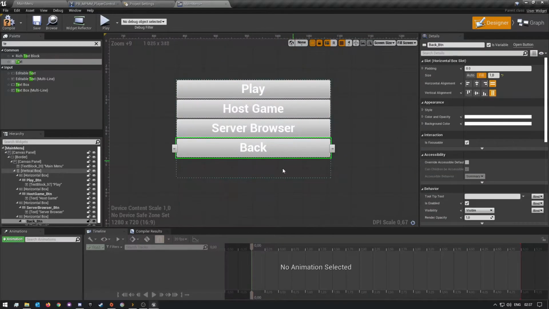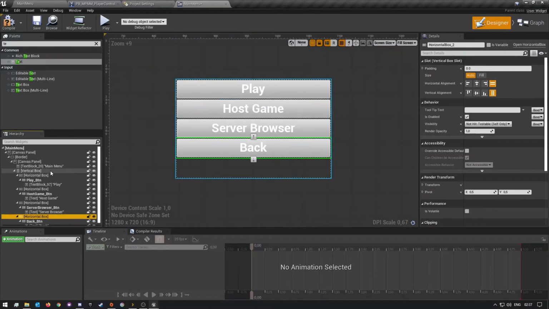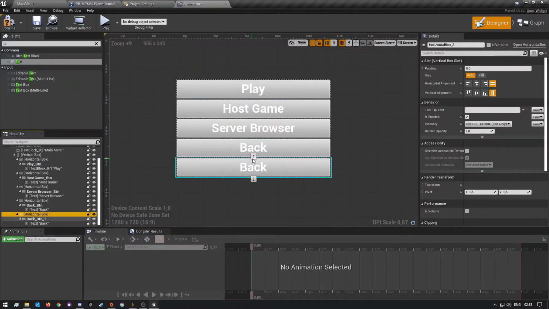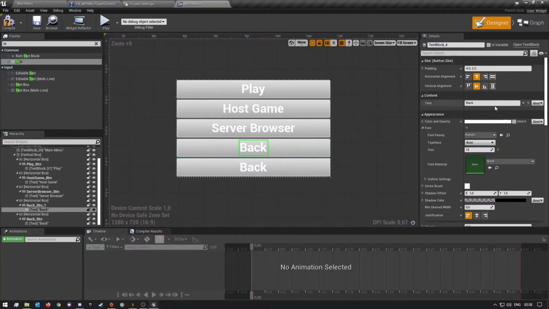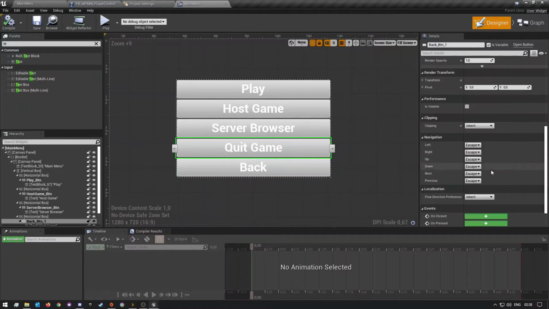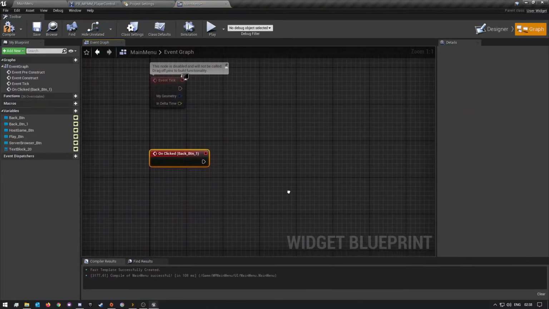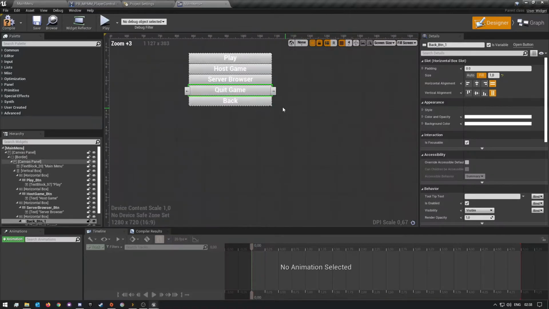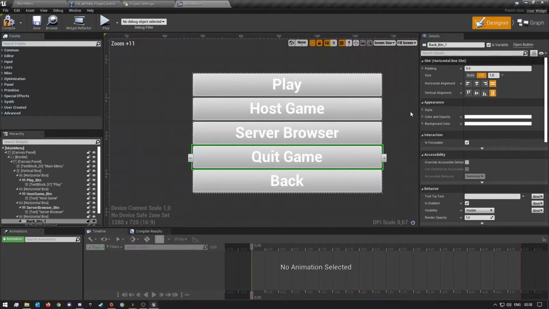Now one button I forgot about is we want to have a quit button, just so that we can actually quit our game if you really want to. So this one is going to be quit game. Now this one we can actually set up. Not that we're really going to use it that much, but let's quickly set it up. Before we do that, just quickly rename it. So instead of it being the back button, it's going to be quit game,